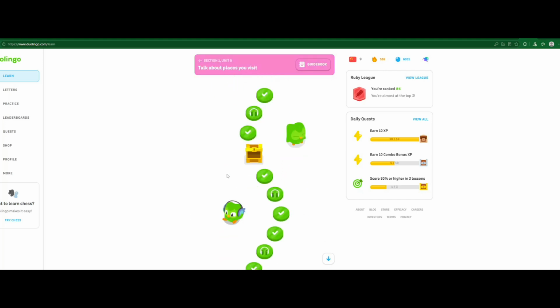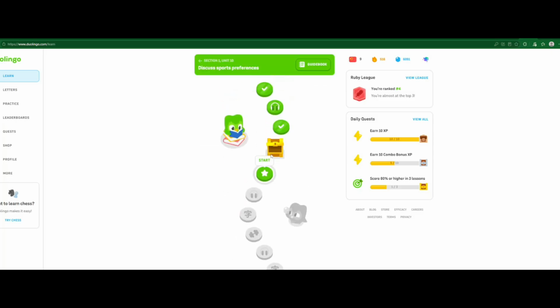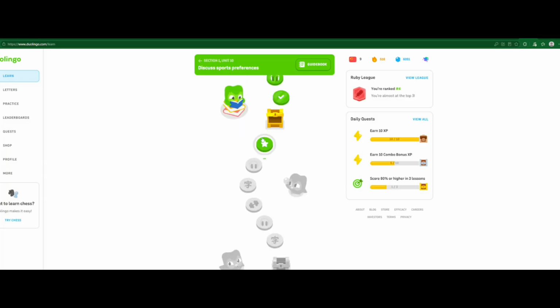Okay, maybe that unit was a little easier for me. I went way too far back. I think this unit discusses sport preferences. I don't know anything that's going on. I rushed through this when I failed to make some speedrunning Duolingo Chinese video where I try to make it to the next unit. And look, that still hasn't happened. So, yeah.